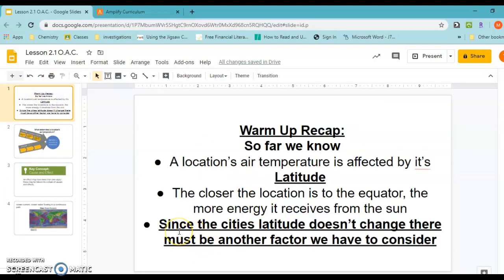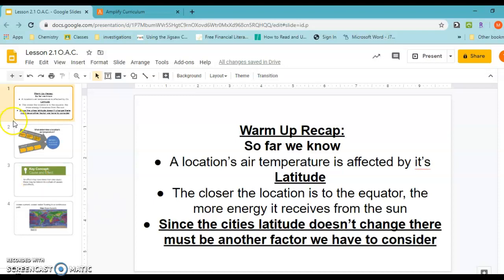And since the city's latitude doesn't change, we know that there's another factor we have to consider. So when we're looking at El Nino years, we saw that the temperature is changing, but Christchurch doesn't move. So latitude can't be the only thing that's affecting